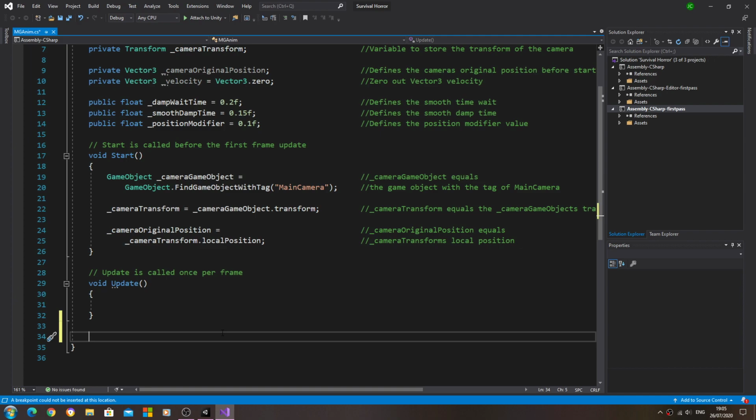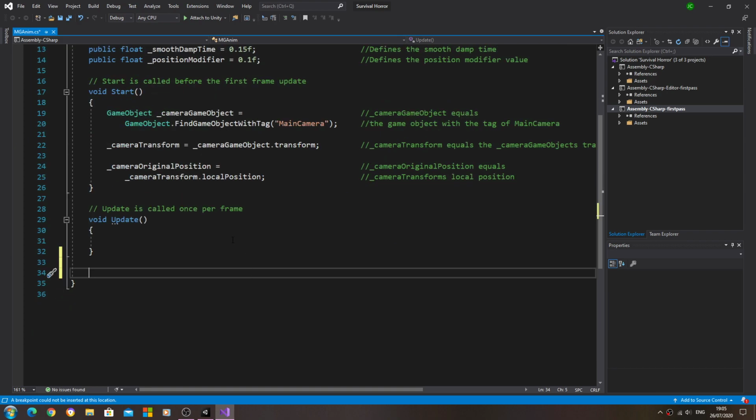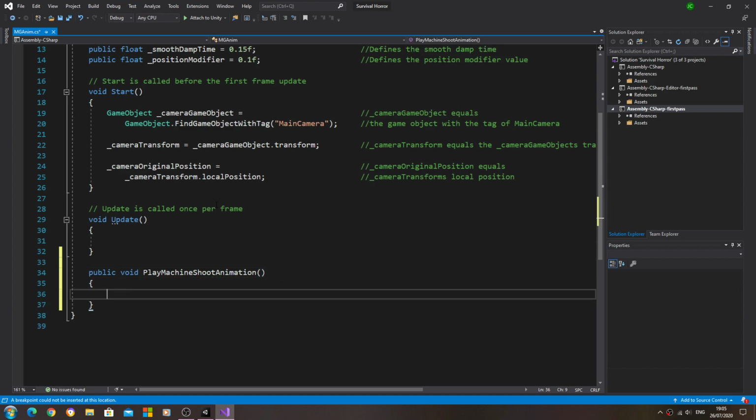So in this lesson we're going to pick up exactly where we left off in the previous video with the machine gun animation script. And in this video we're going to begin by coming straight below the void update, and we're going to say public void, and we'll give this a naming convention of play machine shoot animation. Technically it's not an animation, but it will act as such, so I think that naming convention will be fine